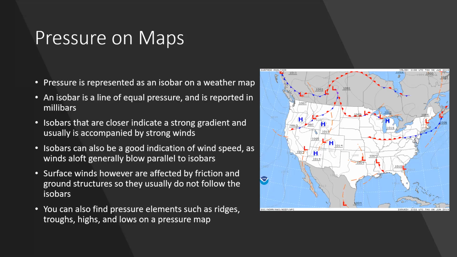And on these pressure maps, they have lines which indicate lines of constant pressure. These lines will have a marking which indicates what pressure they are. These lines will be contours, kind of like an elevation chart would have lines of constant elevation. These are lines of constant pressure. These are good ways to see